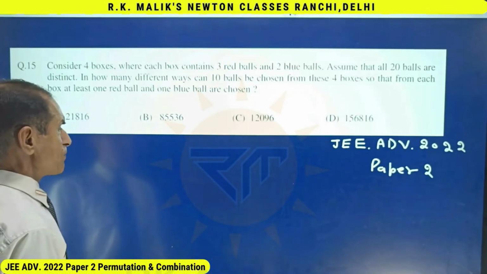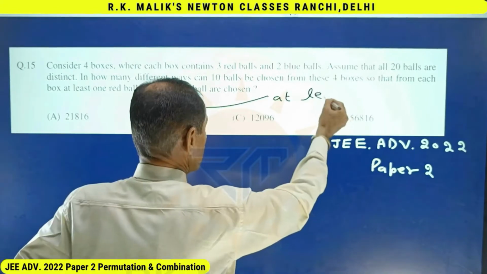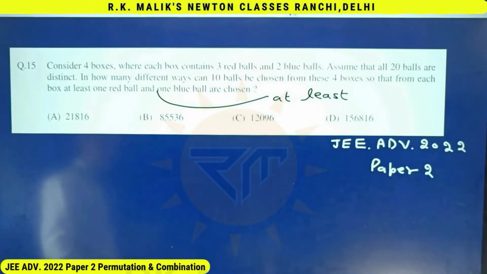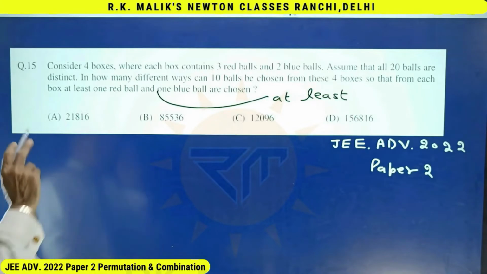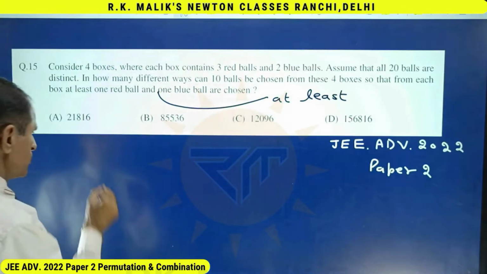According to the first interpretation, suppose it is written that at least 1 blue ball is chosen, and according to this interpretation the answer is there in the choices, and that choice is A. And according to this interpretation, if I do it,